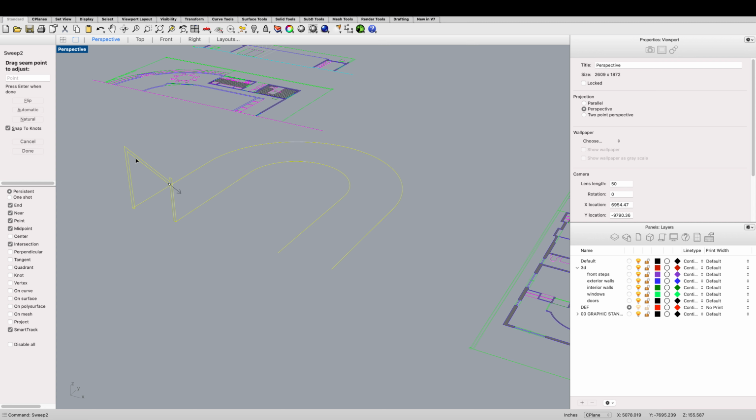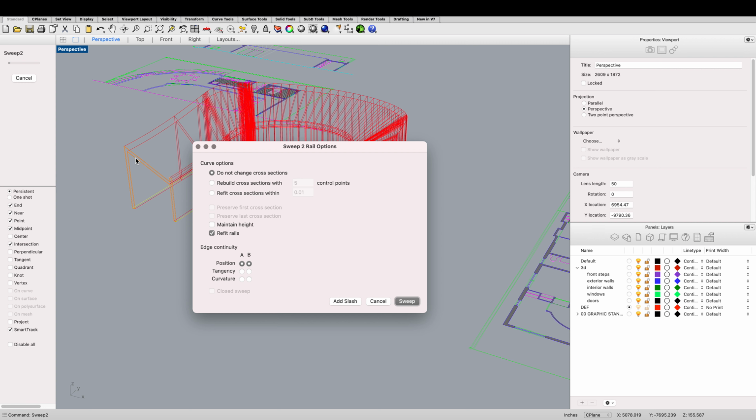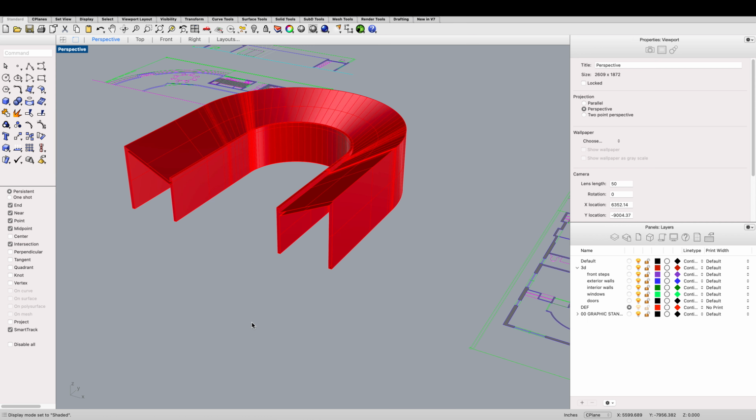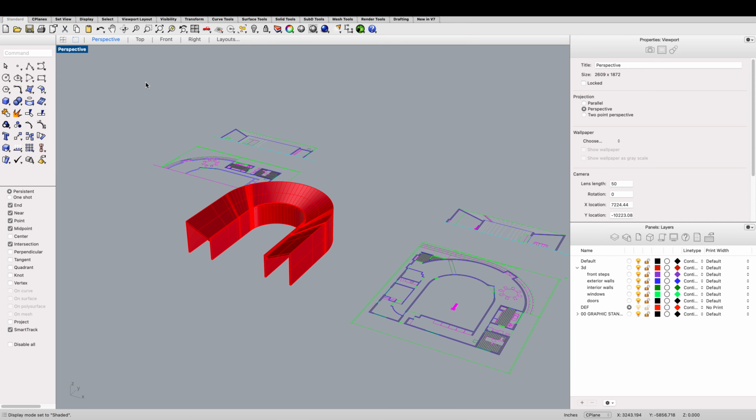And then we do this. We want to make sure we maintain height, and this should do it. All right, so let's change to shaded, and we've got